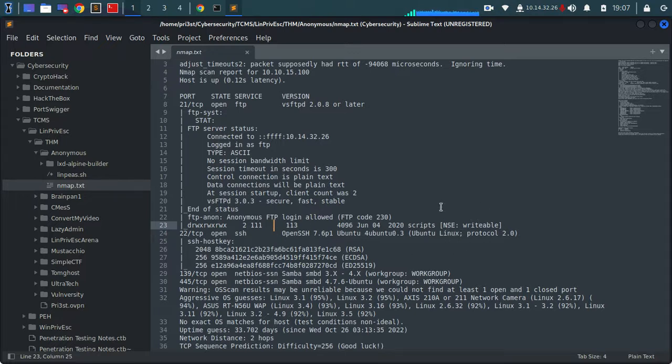NSE stands for Nmap Scripting Engine. So our default script has found that this scripts directory is writable, and that's kind of a big red flag, because we could actually put files in there, and if we could execute them,